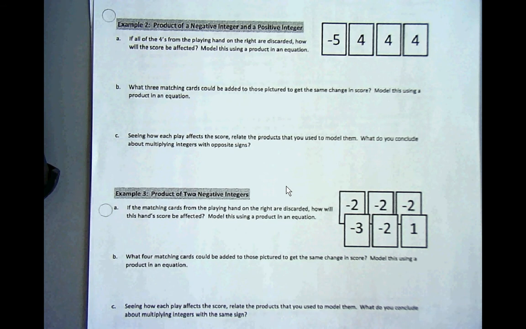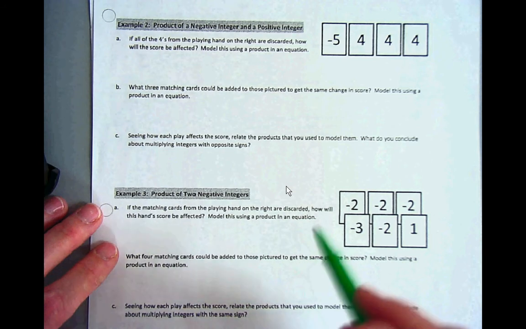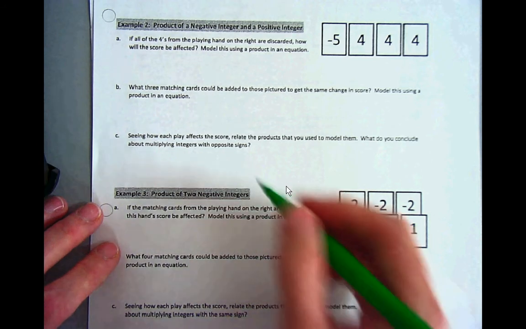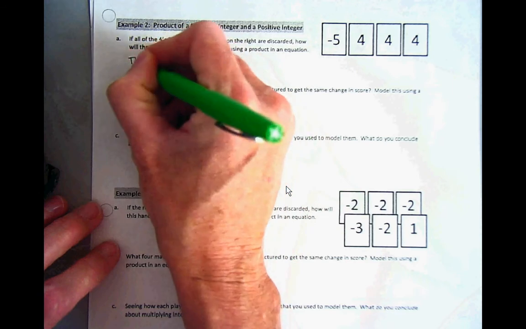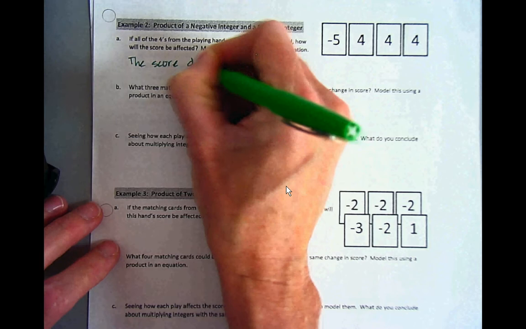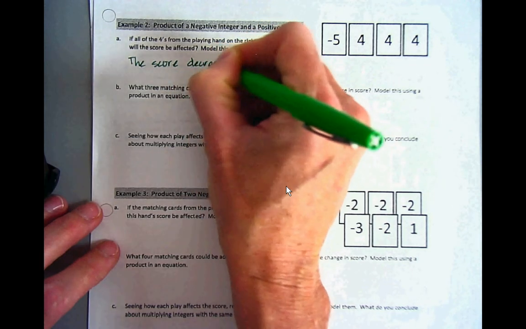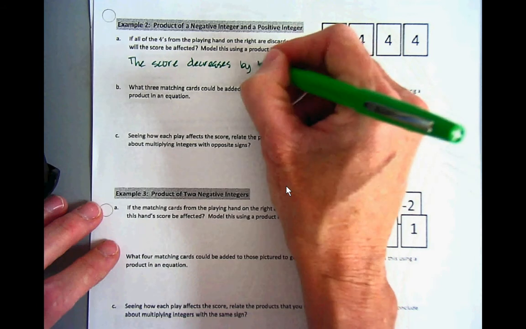So the score decreases by 4, or if all the 4s from the playing hand are discarded, how will the score be affected? Model using a product in an equation. So if we take all 3 of these away, the score decreases by 4,